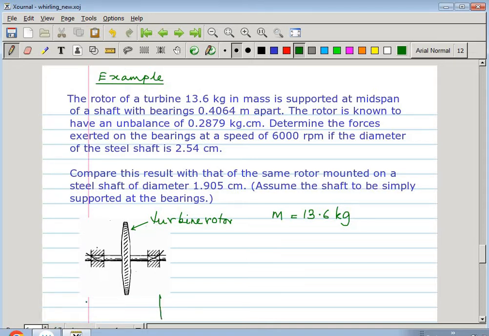So this distance between the centers of the bearings is 0.4064 meter. That means 40.64 cm or 406.4 millimeter. So just have a feel of the distance between these two bearings. And the rotor is known to have, okay, so let me first write L equal to